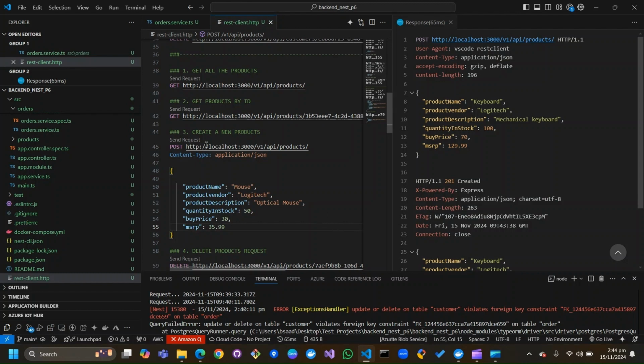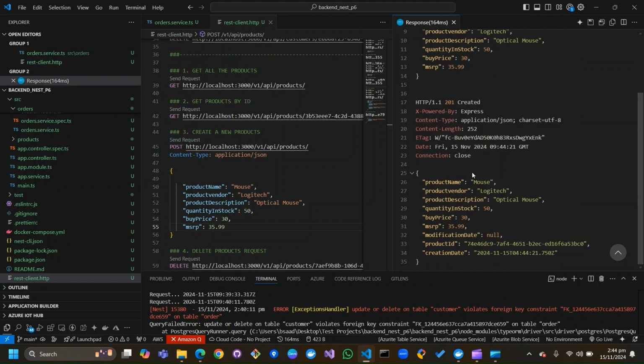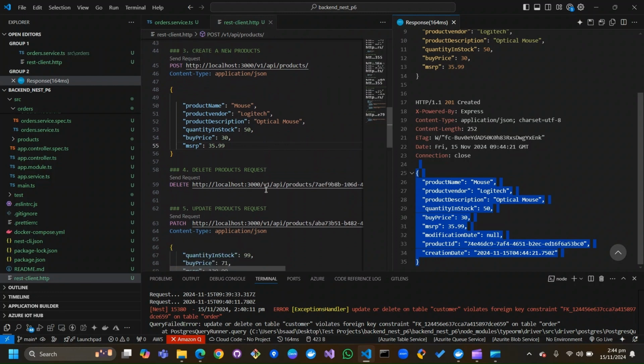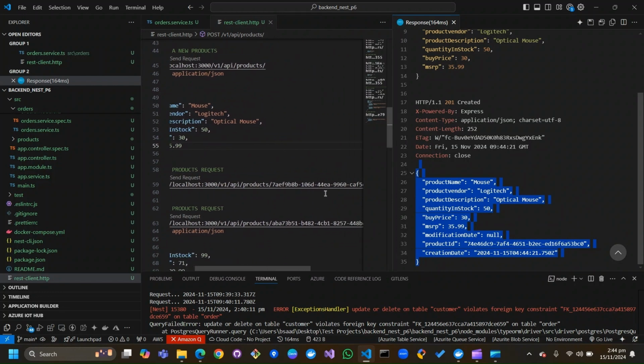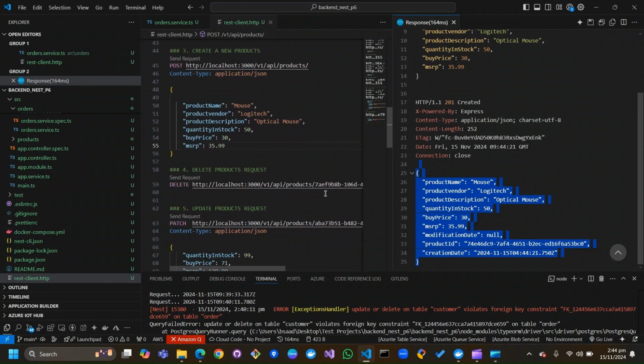So if I'm running it, I have mouse here as a new product. So I can also delete the product by passing in any ID here. Suppose I'd like to delete,